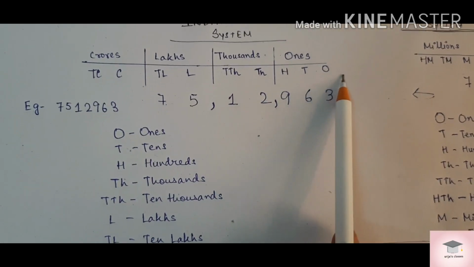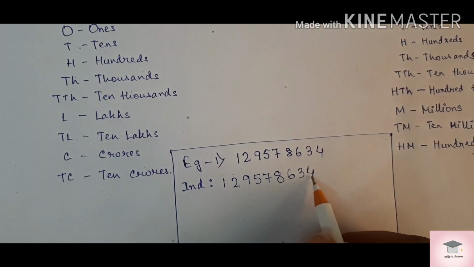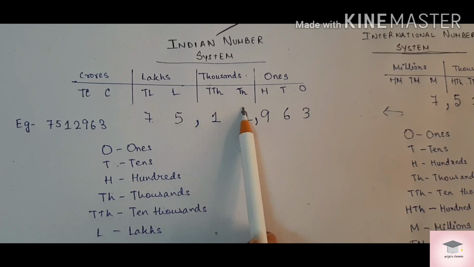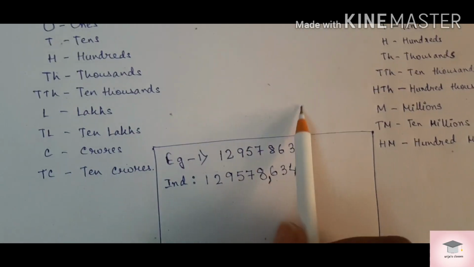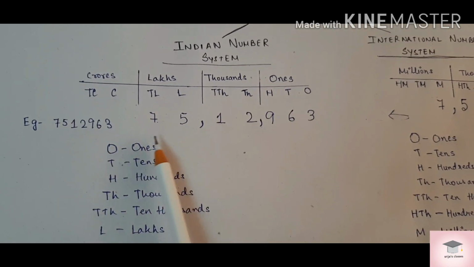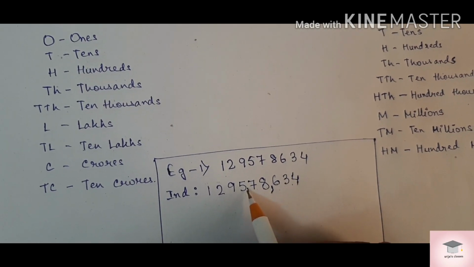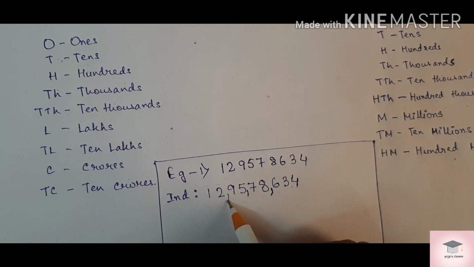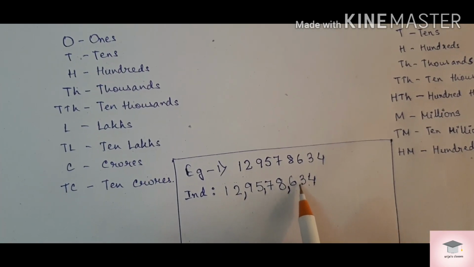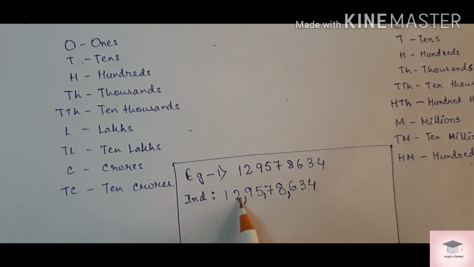Okay, as we have seen over here, we will put the comma after we complete the ones period. So we'll start from the right hand side. So ones, tens, 100. We'll put a comma. Then after we complete the thousands period. So 1000 and then 1000. So this is 1000, this is 10,000. Then after we complete lakhs and 10 lakh. So ones, tens, 100, 1000, 10,000, lakh, 10 lakh. So here. And this was crore and 10 crore. So ones, tens, 100, 1000, 10,000, lakh, 10 lakh, crore, 10 crore.